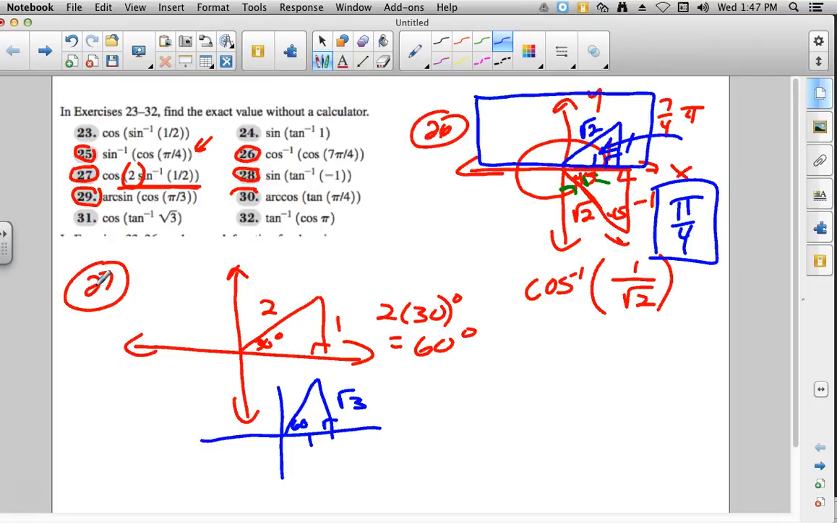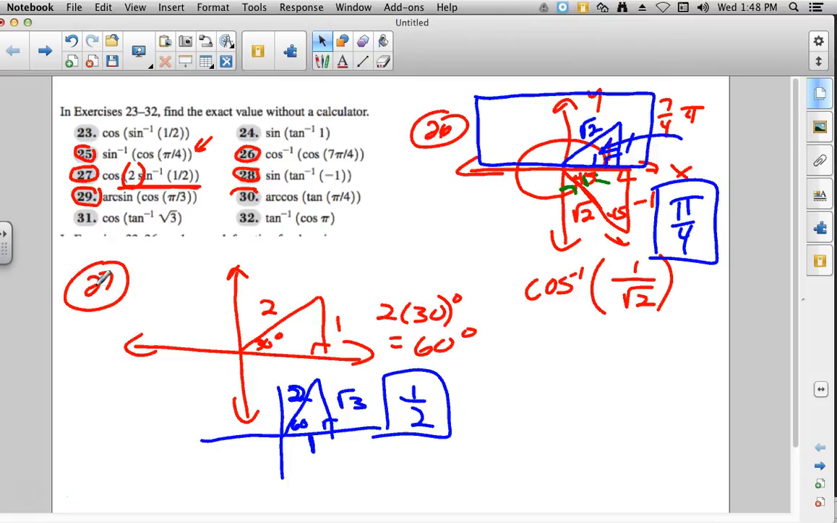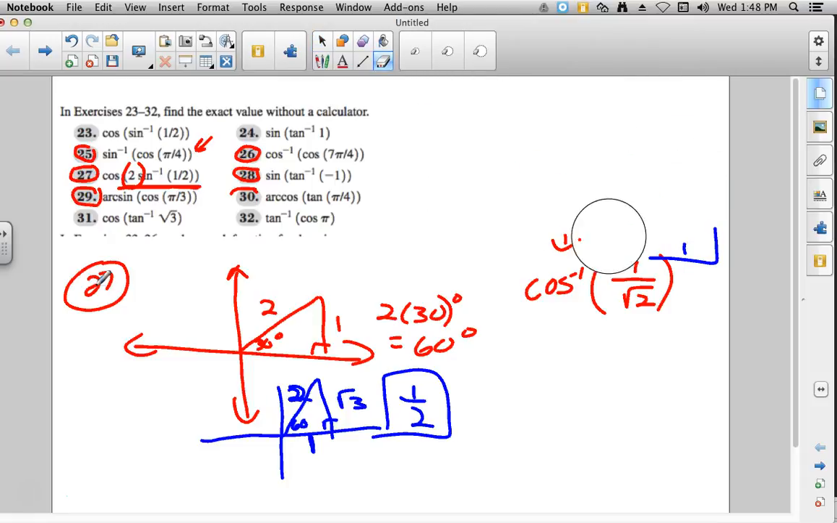1 is adjacent to it, and the hypotenuse is 2. And they want cosine, so cosine would be adjacent over hypotenuse, which is 1/2. Again, innermost parentheses first, then work your way out. Number 28